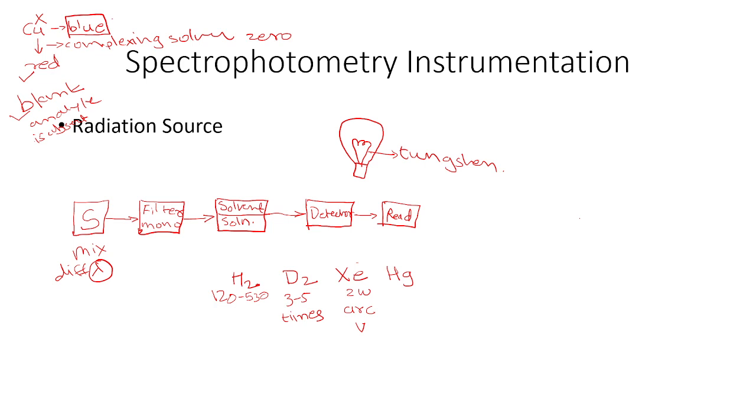Okay, so here the source, very important thing, should give you radiation in UV or visible range. It should be stable. And another one is that it gives the sufficient intensity. That is very important, because if already light is with low intensity and if the absorption is more, then nothing will come out of the solution which can be transferred to the detector, so it cannot be detected. So the intensity of light should be more than the absorbance of the solution. So that are the requirements of the radiation source.